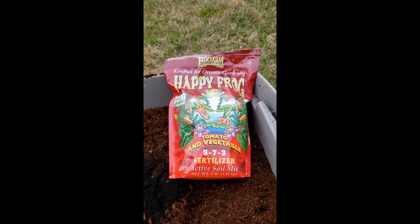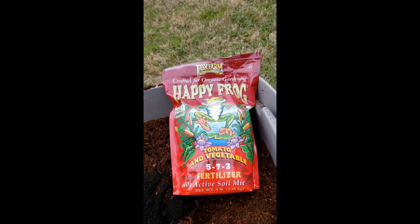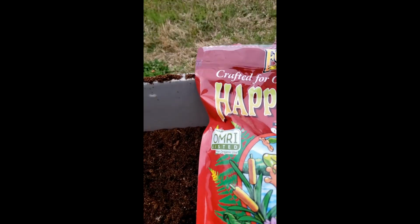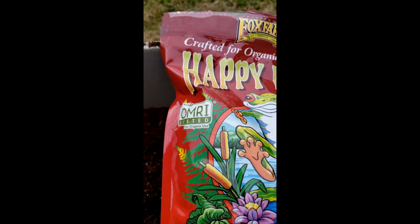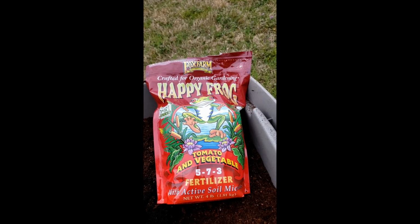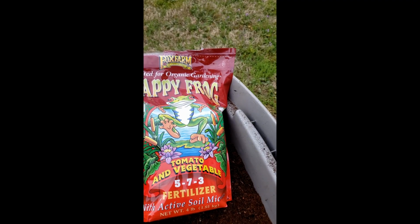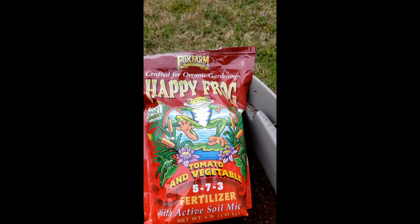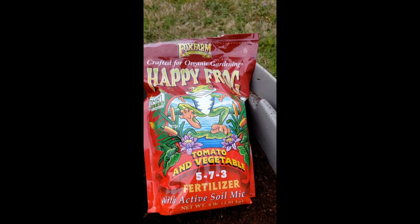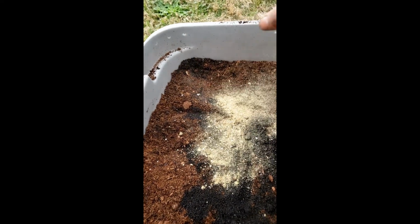My next go-to is for the fertilizer, the Fox Farm Happy Frog tomato and vegetable fertilizer with active soil microbes. OMRI registered means that it's officially been tested and approved for organic. Some things that are okay for organic are not tested and OMRI listed because it's an expensive process. So some things are okay for organic, but the companies just don't go through that expense. So I'm adding a bit of the fertilizer